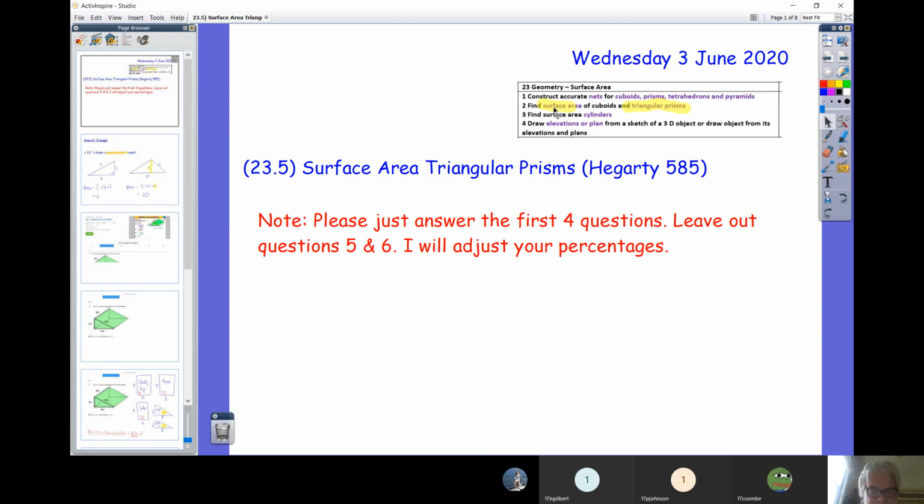So questions 5 and 6 involve, not histograms, trapeziums, which we haven't done yet. Okay, but I couldn't find another suitable exercise for us to do. The first 4 questions are excellent, so just do the first 4, and I will make sure that I up your percentages as I transfer them over. So